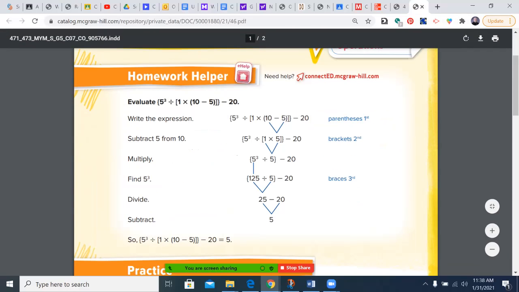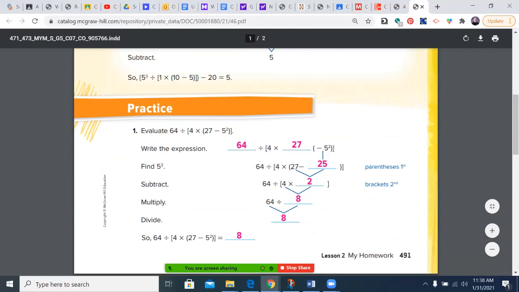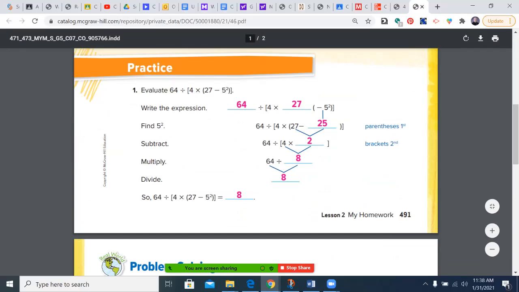Remember PEMDAS. And we had some new friends here, the brackets and the braces. So it goes parentheses, brackets, braces, which always tend to move out from parentheses in the middle, then the brackets, then the braces, if you have all three. In this one, we started with 4 times 27 minus 5 squared. We figured out 5 squared is 25. So now instead of the parentheses, we go to the brackets, which was